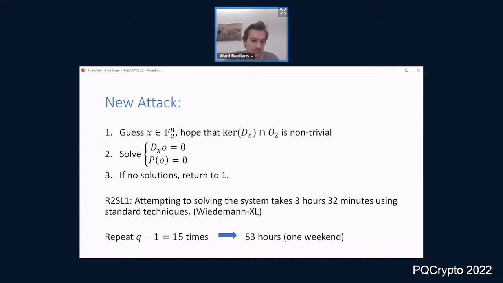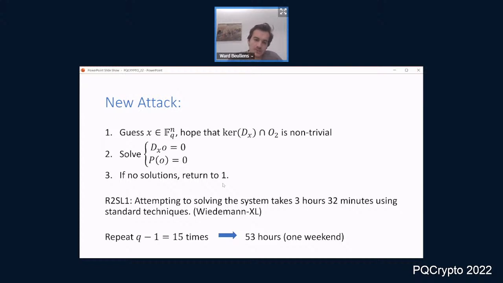And this is quite efficient because this first set of equations are just linear equations, so we can use them to eliminate a lot of variables in the second set of equations, which are quadratic. And so you have a system of quadratic equations that's not too big, because we were able to eliminate a lot of variables. Then you can just use standard techniques to try to solve the system. And if you find a solution, then you're basically done.